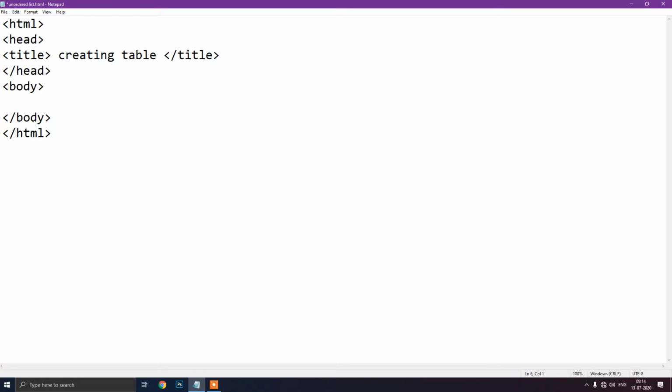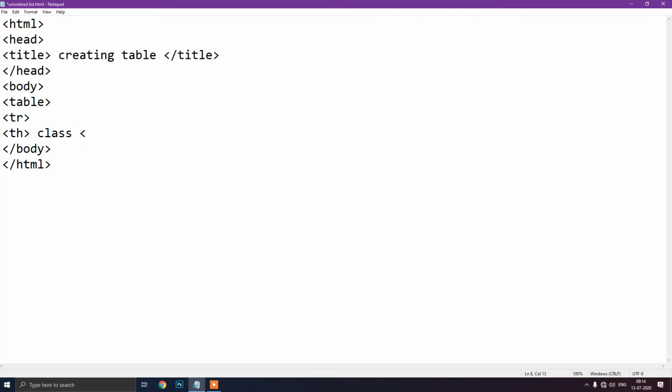So here I will write first of all table. This table tag is used to create a table. Under that table tag, now we want our first row. The first row usually contains the heading. So for the first row we will type tr, and under that tr we will use th because we are giving heading to the column. Our first heading is, suppose, class.